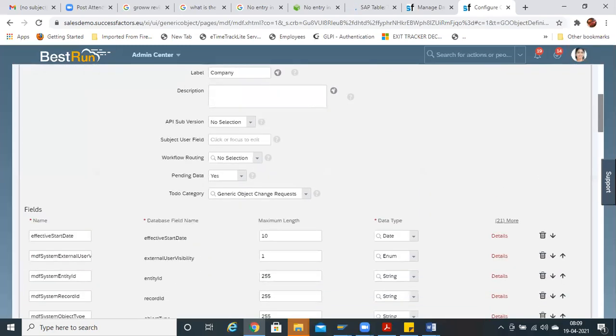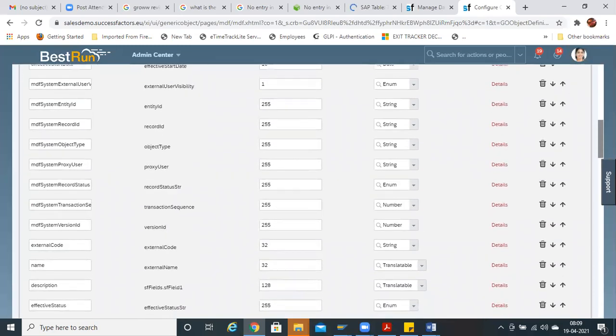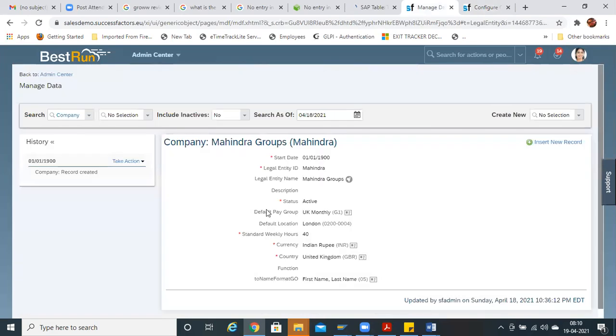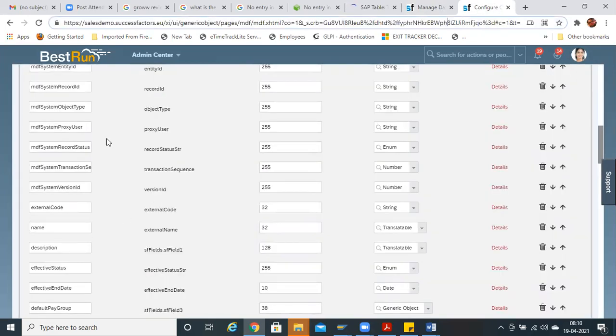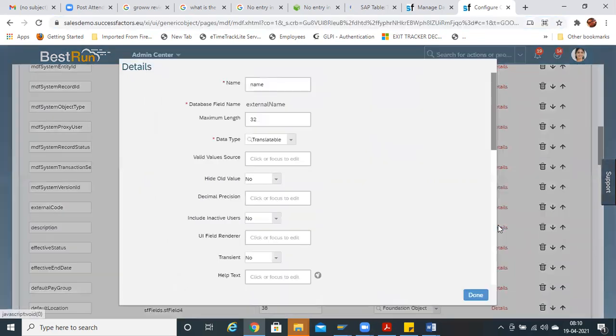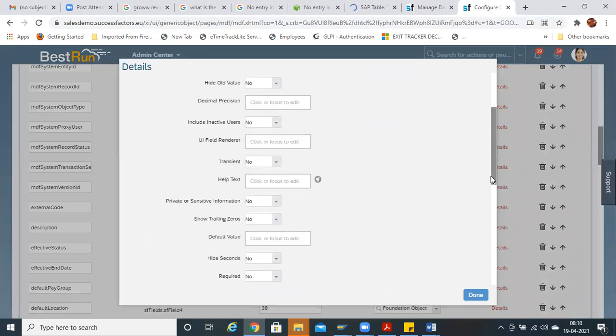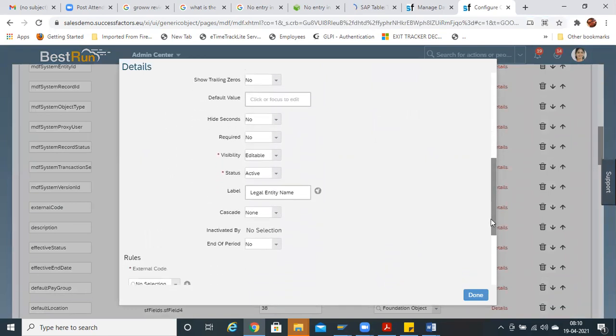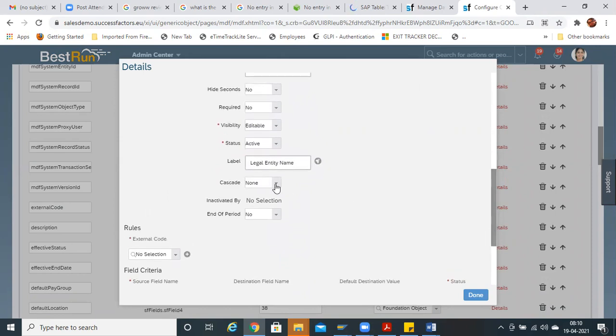So for example, if you want to change the name, right now what name is there? Under manage data, company is there, right? If you want to change this name, then under name, details, here you have to just enter the name, label.